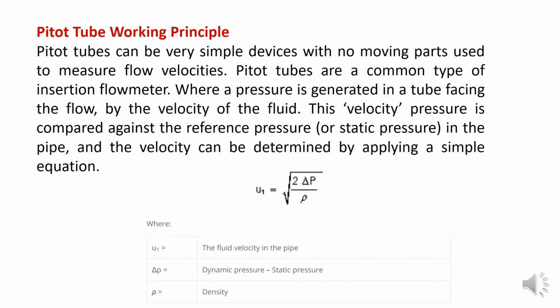In the pitot tube, we measure the pressure difference in the flowing fluid, and by using a relationship we can determine the fluid velocity. In this relationship we put delta P, meaning change in pressure, and the density of the fluid whose velocity is to be measured. All these put in the formula and we can calculate the velocity of the fluid.